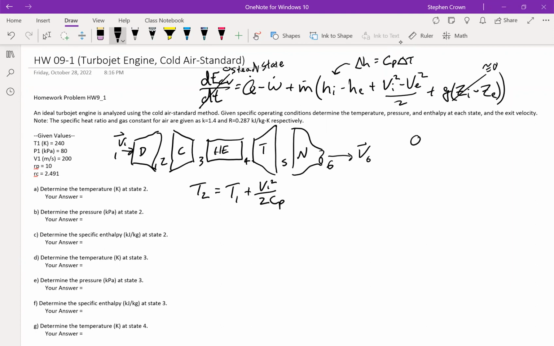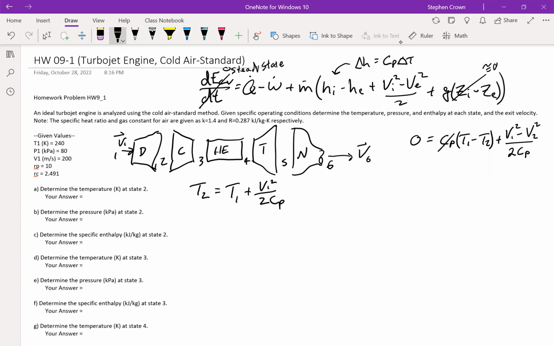And so 0 equals Cp times T inlet, which is T1, minus T exit, which is T2, plus the inlet velocity squared minus the exit velocity squared over 2Cp, where we divide the equation by Cp. Then